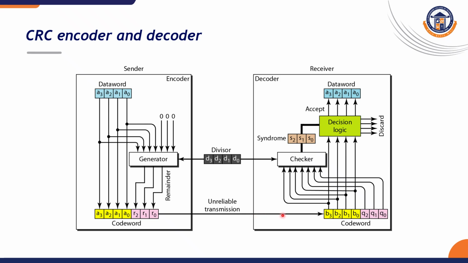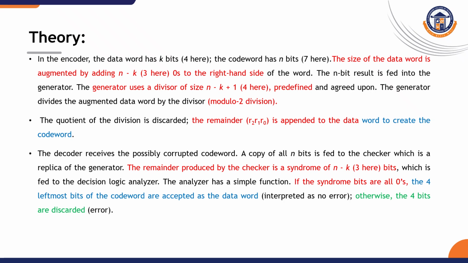The transmission medium is an unreliable one, and the received code word is given as an input to the checker. The checker performs the same modulo-2 division operation with the same divisor. We get the remainder, which is the syndrome, which is given as input to the decision logic, where the decision is made whether to accept the data word or discard the data word at the receiver. If the syndrome is 0, the data word will be accepted at the receiver. If the syndrome has a nonzero value, it will be discarded. The theory is explained here,